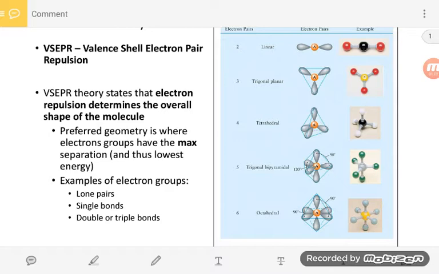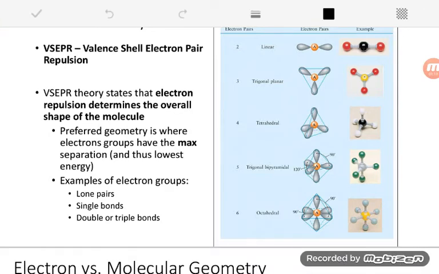So we can see we have 5 basic shapes here according to the number of electron groups. So 2 electron groups here, that would be a linear molecule, and so the angle between those 2 electron groups there would be 180 degrees, which is as far away as they can possibly get from each other. 3 electron groups is going to be trigonal planar, and now that angle between the electron groups is 120 degrees on all 3 sides,